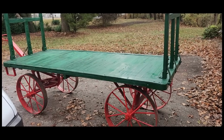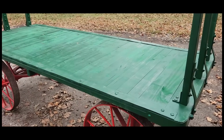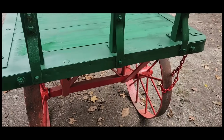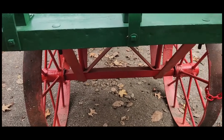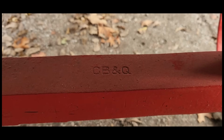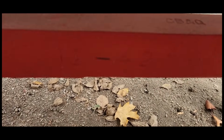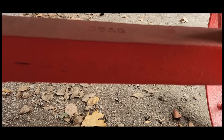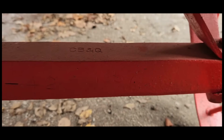This is an old depot cart. It's what you'd pull up to the rail cars and unload luggage and goods onto and take it over and unload it into the station. And this one had some stamps down here from Chicago, Burlington, and Quincy. There's some more stamps. They're kind of hard to see, but it's 1242, and another one was 4 of 1957. I don't think it's coming through on the camera very good, but